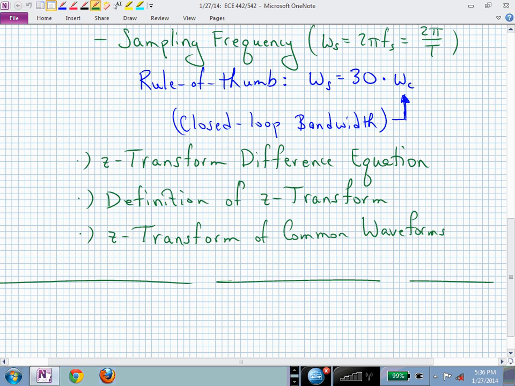The unit pulse, now that's not an impulse that's infinitely tall and has an area underneath it of 1. Now we simply have a pulse of amplitude 1 right at time n equals 0, if n is our index on the time. That's a little easier to think about than this impulse response. Now I'll just call it the unit pulse, and we'll have a unit pulse response if we applied that to